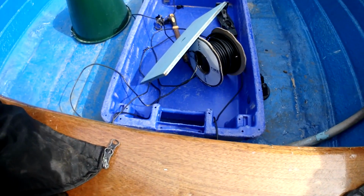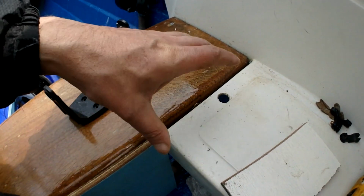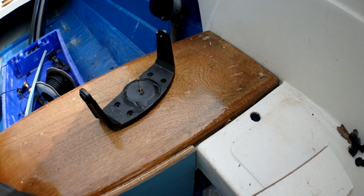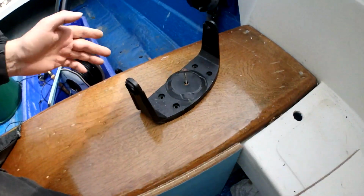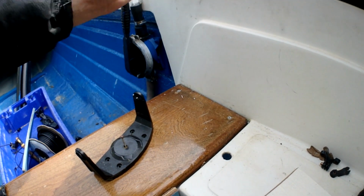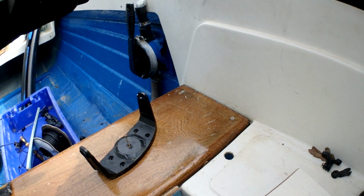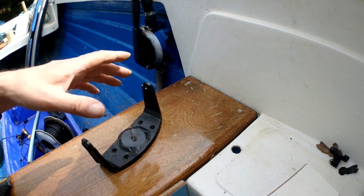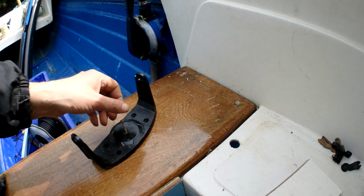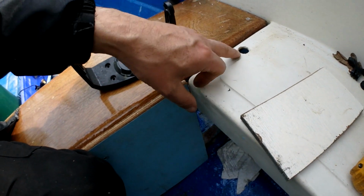Right, so we've moved over to the boat. We've got our wires and things here. We're just sorting out where the sounders are going. Now what we've decided to do at the moment, because the problem is that radar reflector pole, with the shape of the boat and how it's going to go in, we can't put it too close to the side. When they're close to the side, because the boat tips outwards when you're trailering it, the pole sticks out, so you have to remove the pole if you want to catch hedges and things that lean across the road too much. So what we're going to do is bring it in to here,